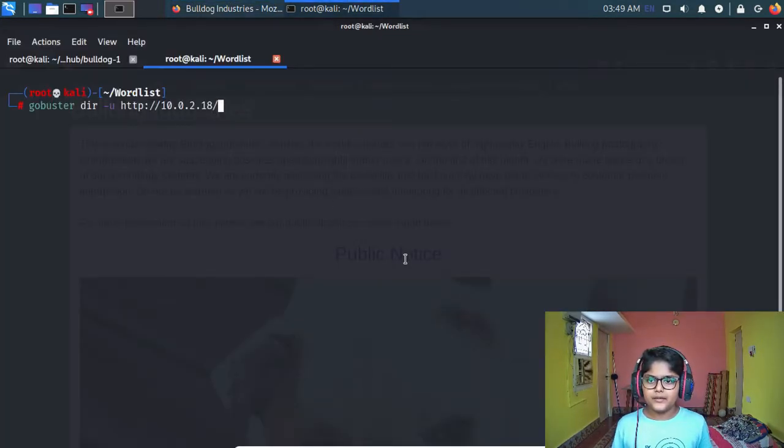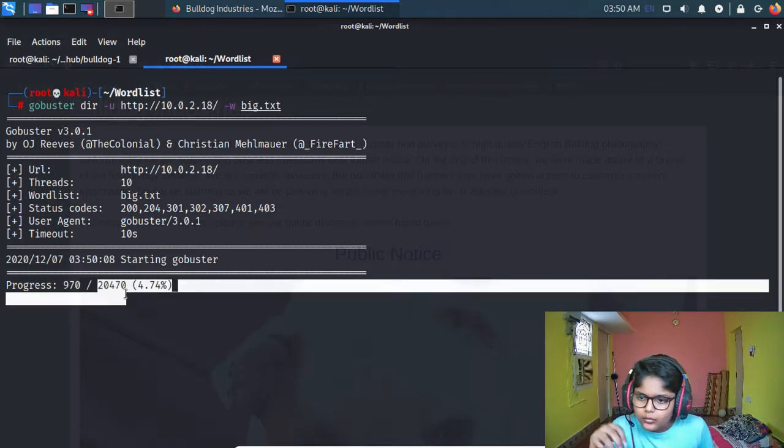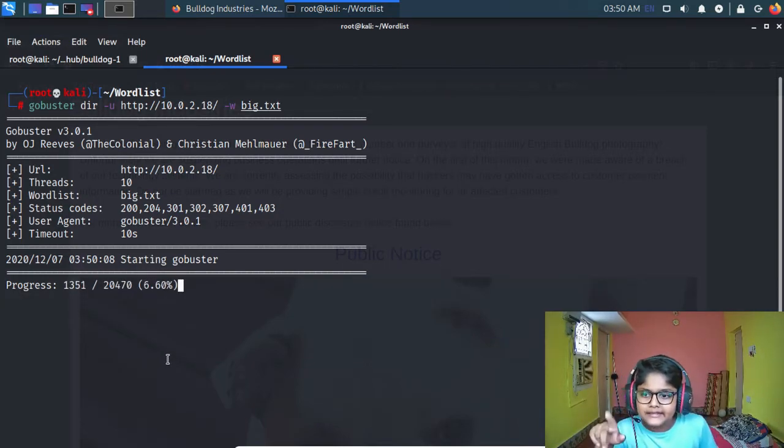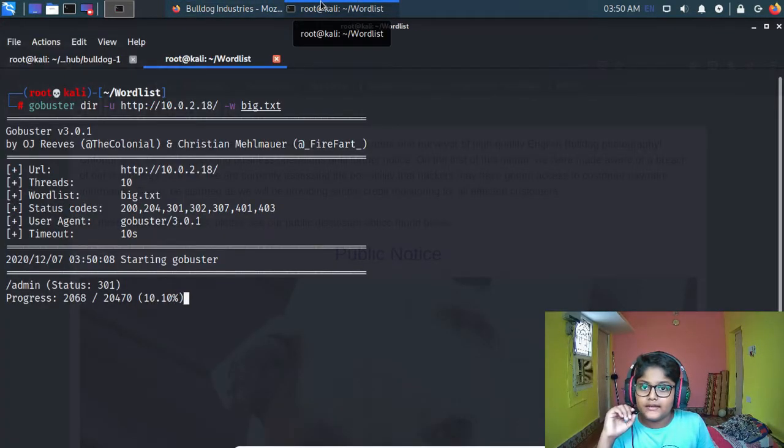It's an HTTP URL. And the -w flag for mentioning the wordlist to check, which in my case is big.txt. Let me press enter, and it will try different combinations. There are 20,471 entries, and it will surely find some.